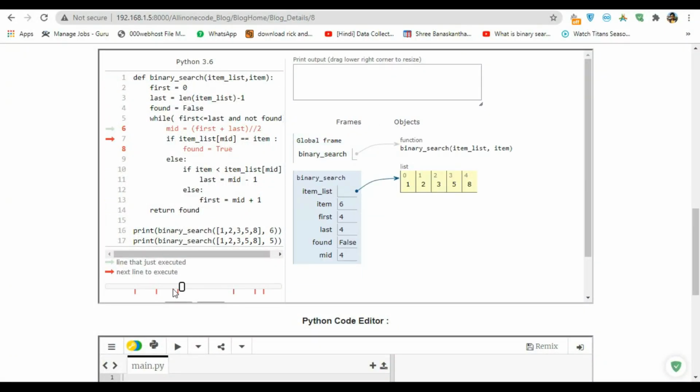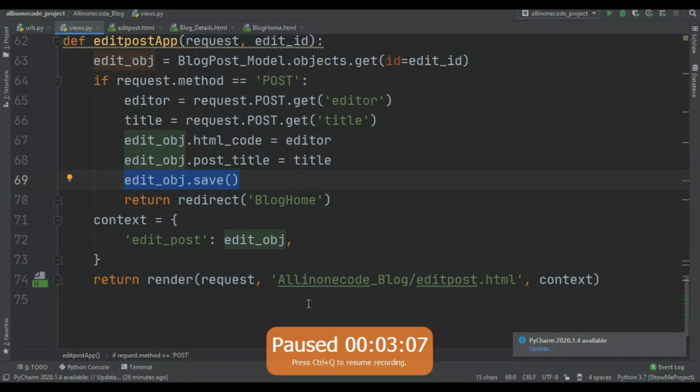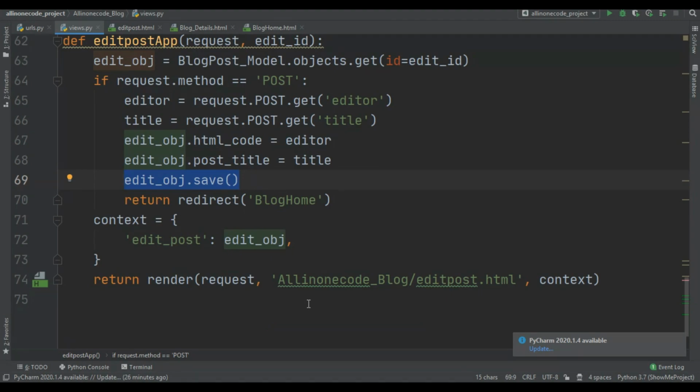All of the code is going to be available on my all-in-one code.pythonanywhere.com site. If you didn't understand anything, the whole video of developing this all-in-one code website is coming soon, and I think that video is going to be the largest video of my all-in-one code YouTube channel. I think 3 or 4 or 5 hours, because I'm developing a website from scratch and recording all of this. So if you didn't understand anything, that's okay, the video is coming soon.